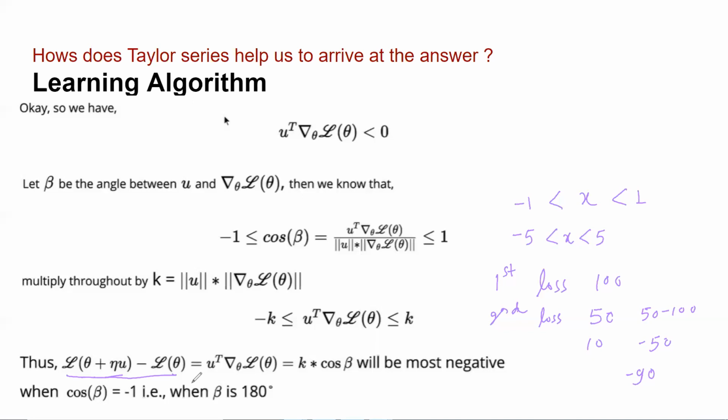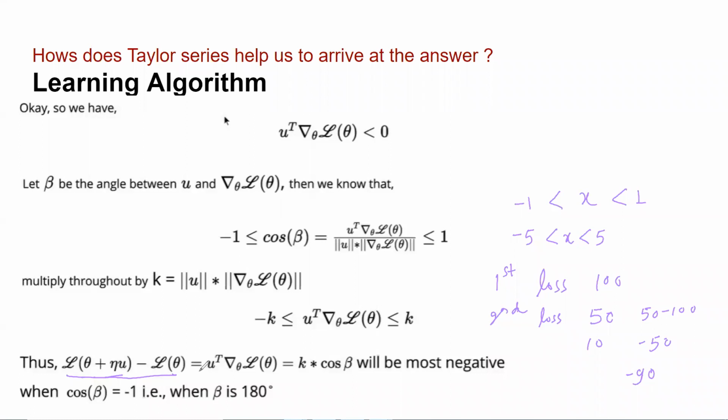I think I'm confused here. From where are you getting this part of k multiplying by cos beta? Yeah, this is coming from here itself, right? If you have any confusion with respect to k, you can just consider k equals 1. No, not k. I mean, you're multiplying k with cos. I understood the multiplying k throughout part, and then we got this equation, minus k less than or equal to, then k, and this equal to this. The second last line is what is not clear to me, like how you equated those three things.